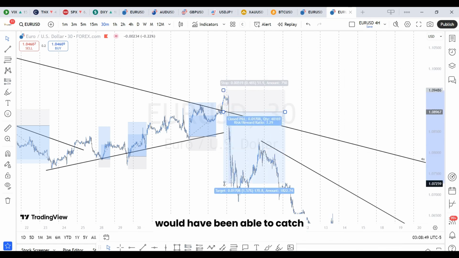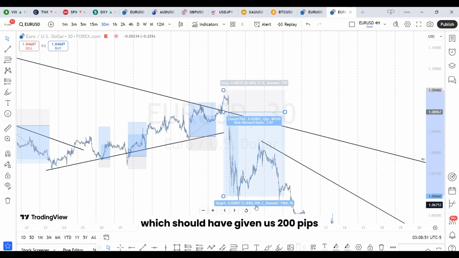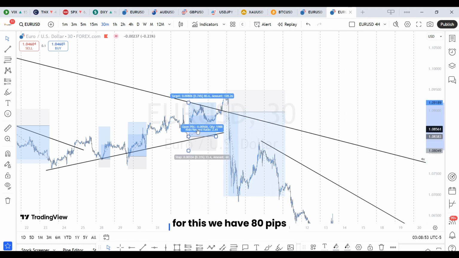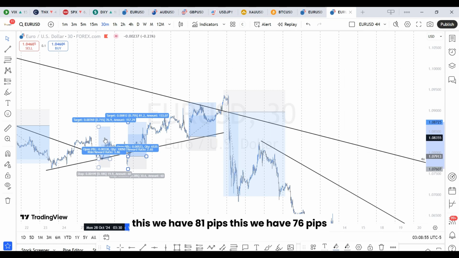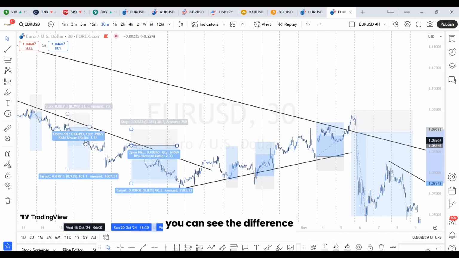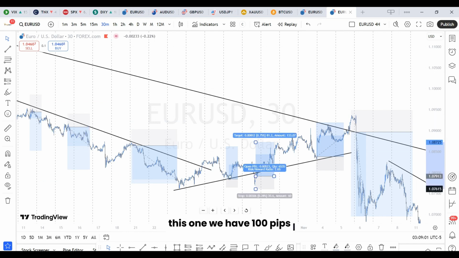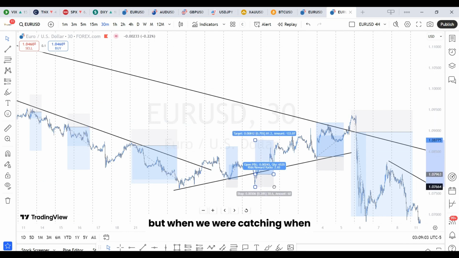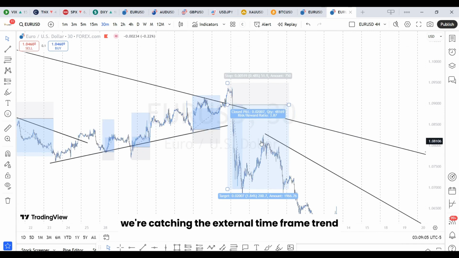We would have been able to catch this 4 hours time frame trend, which should have given us 200 pips. For this we have 80 pips, this we have 81 pips, this we have 76 pips, this one we have 90 pips. You can see the difference. This one we have 100 pips. But when we're catching the external time frame trend, although we still have the same risk to reward, we are catching 200 pips